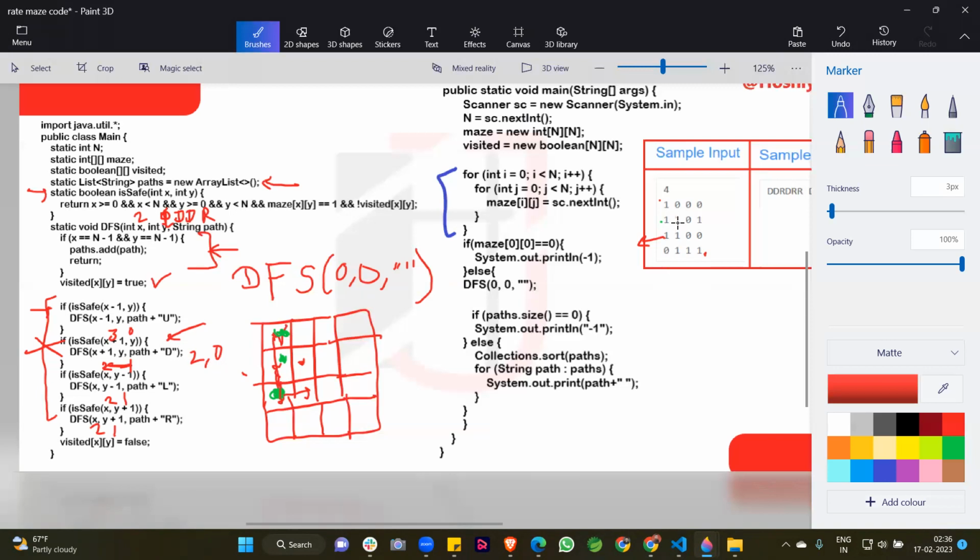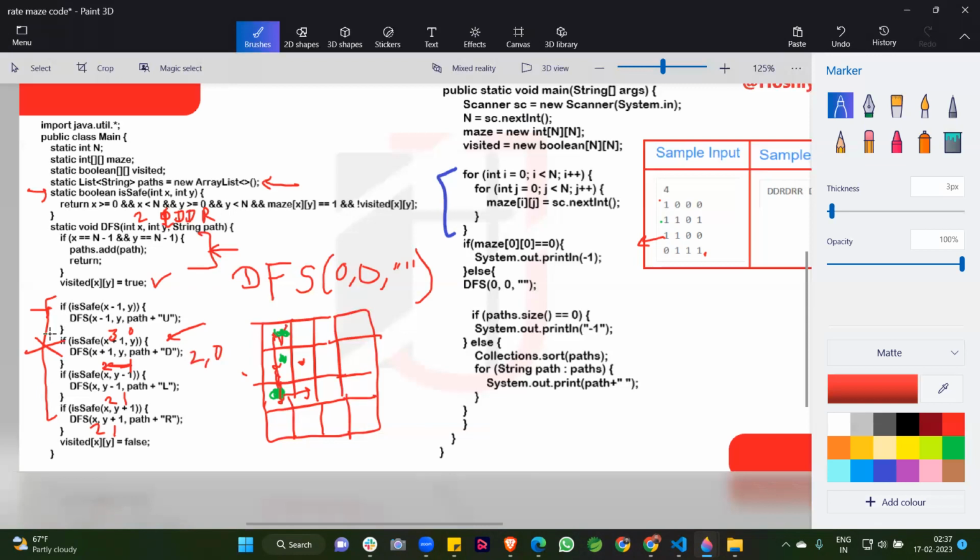When we go upward, there are no chances to go anywhere because this condition is returning false. This is already false, and this is an obstacle here. So at that time no function is executed.